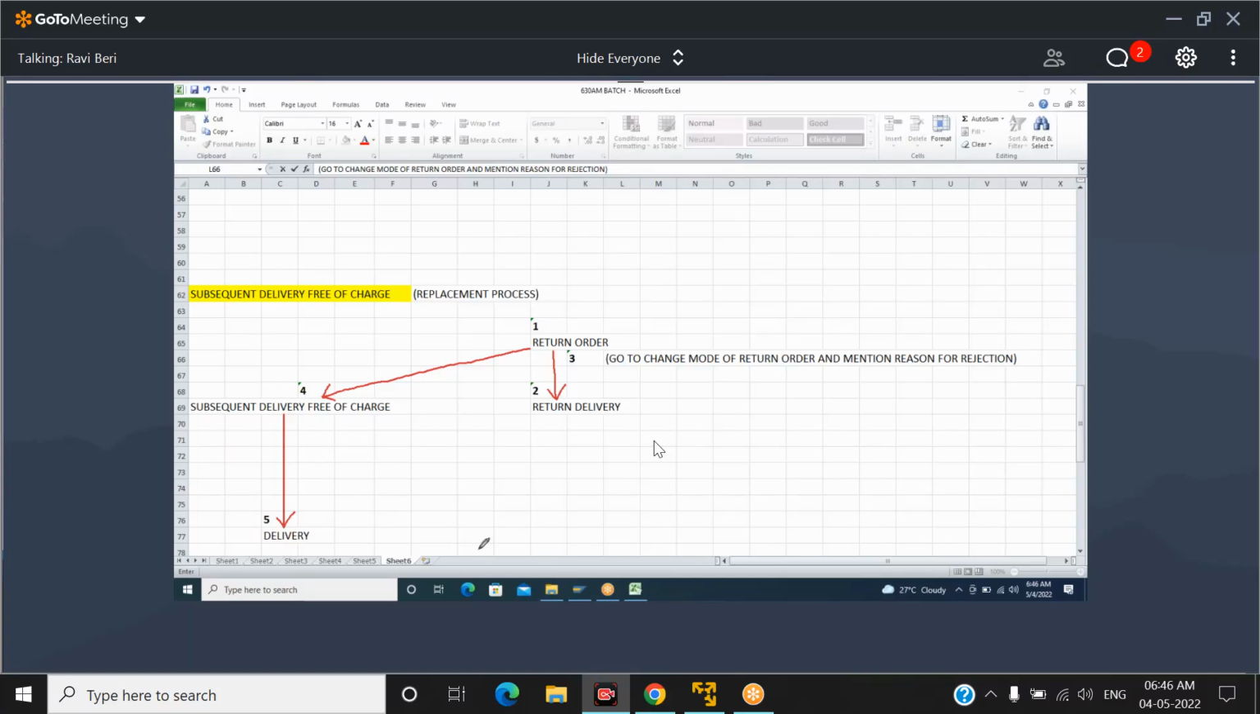So here, reason for rejection controls two things. First one, if you already create return invoice,